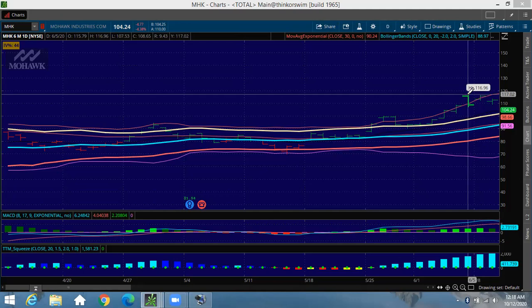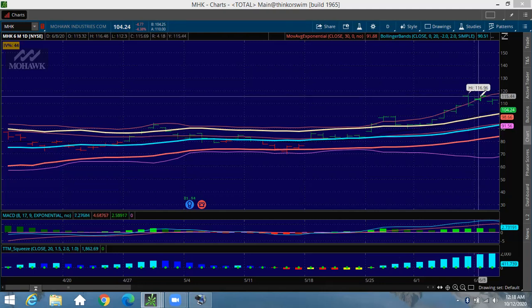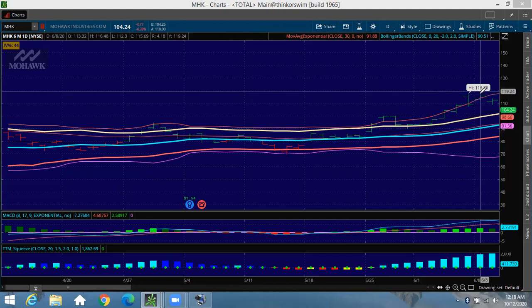So this is a chart of Mohawk Industries, and we're going to go all the way back to June the 8th of this year and see what a put contract would cost over top the price of this stock, which would give you the right to sell somebody your stock at a price above this if your stock drops in value.